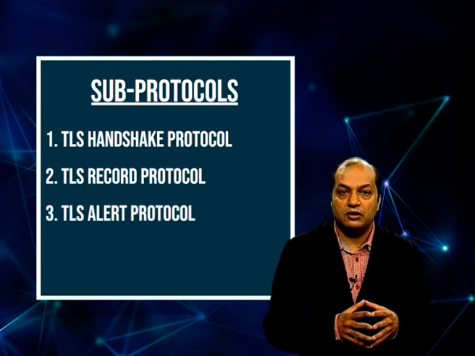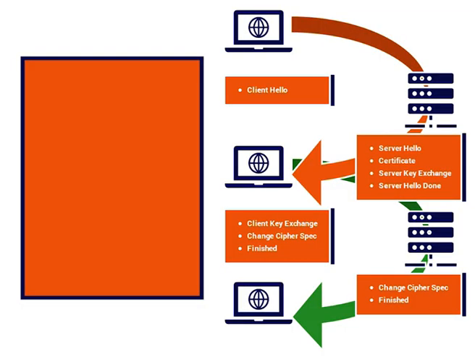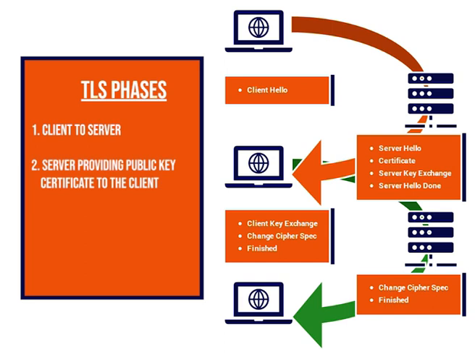In the TLS protocol, there are 4 phases. The first phase is from client to the server. For example, the client will say hello and provide a list of algorithms and other parameters. Then in phase 2, the server will select some common algorithm and it will provide the server public key certificate to the client. Then in phase 3, the client will verify the server public key certificate to check server authentication. After that, he will encrypt one secret using the server public key and then go back to the server.